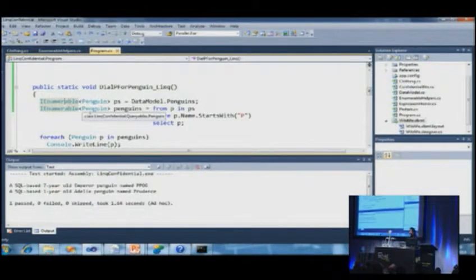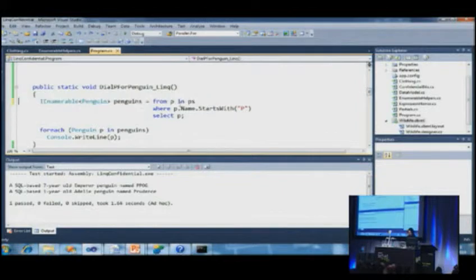And when we've got an IEnumerable, all the compiler can do is go to Enumerable.Where, which will treat it as a bunch of objects, and we'll just iterate over it as objects. So although that data model.penguins is now pulling down data from the database, it's not considering the where clause as it does so. The pulling down is kind of happening at this level rather than at this level. If we get rid of that